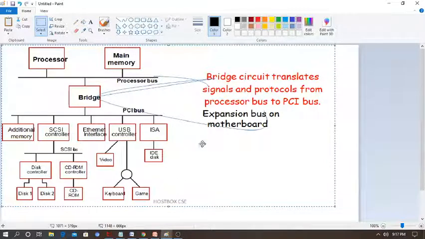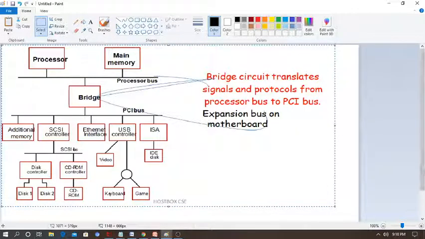Once the system is busy, it waits for some time and gives the highest priority to another one. After completing the second operation, it goes back to the first operation. Like that, it continuously keeps working. And if you have doubts about daisy chain, I already explained it in previous lessons, and you can check the playlist.